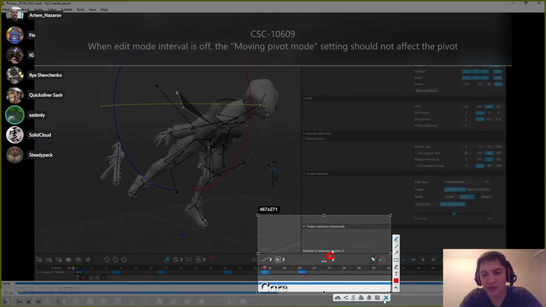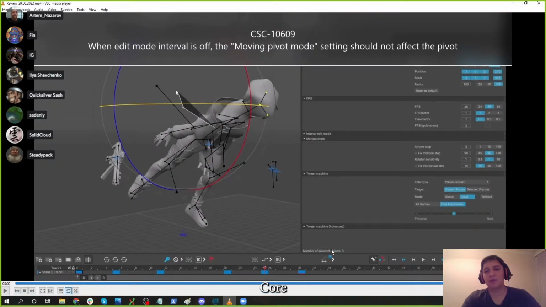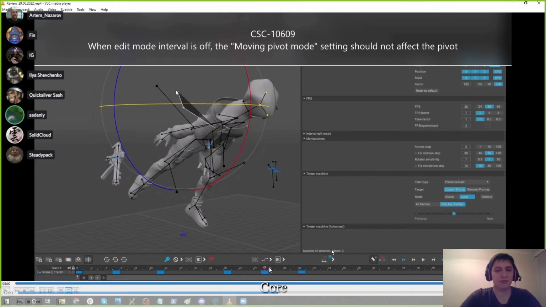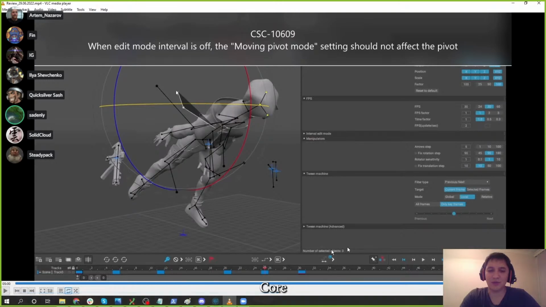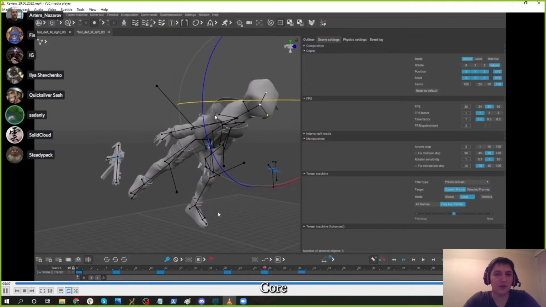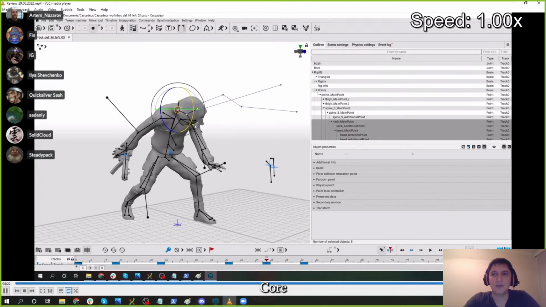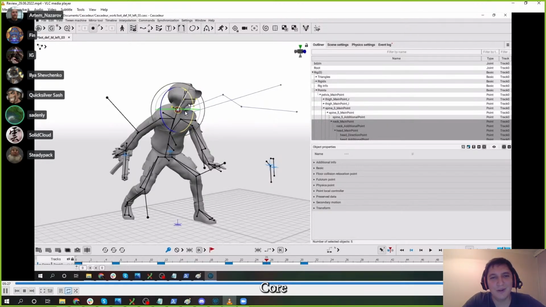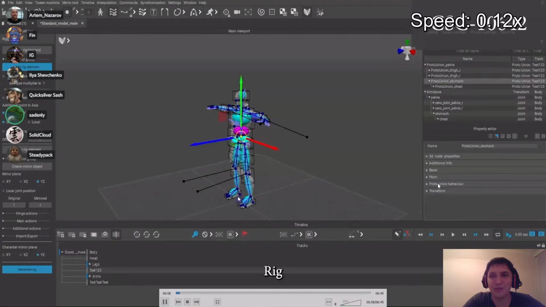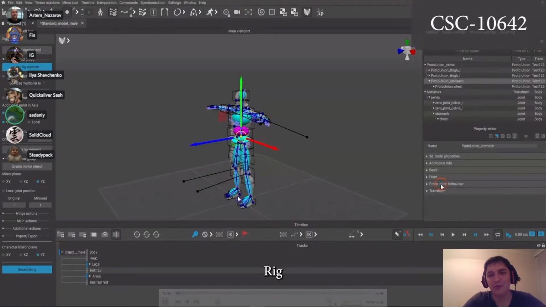So this setting actually had effect even if the interpolated mode was off, and that could really distract you and you won't understand why everything is not working, and that was because of the setting. And now the setting only works in the interpolated mode. Because actually it applied pivot from the selection when the pivot had to go not from the selection but from the current frame. Okay,